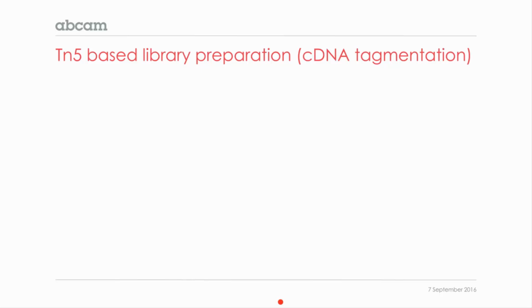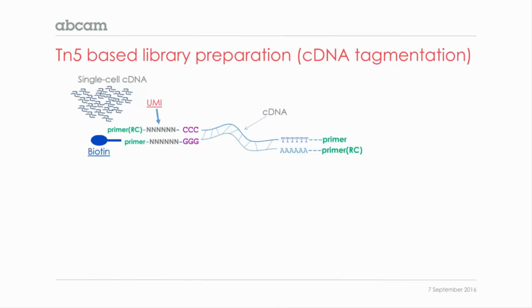So we do the library preparation of this protocol using Tn5. And this is basically similar to the Illumina Nextera protocol. So we start with, again, a relatively large amount, nanograms, of single-cell cDNA. And this is how it looks after the amplification. Again, I'm looking now at a single molecule, so it's double-stranded now. Again, we have one side with the poly-T and one side with the UMI.